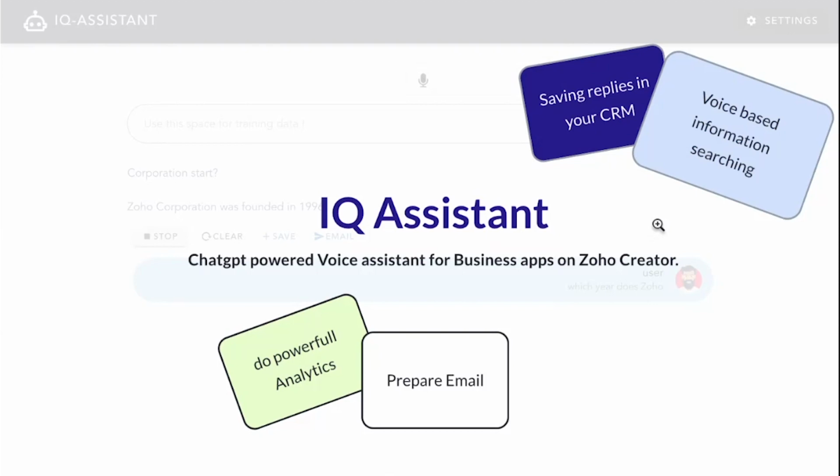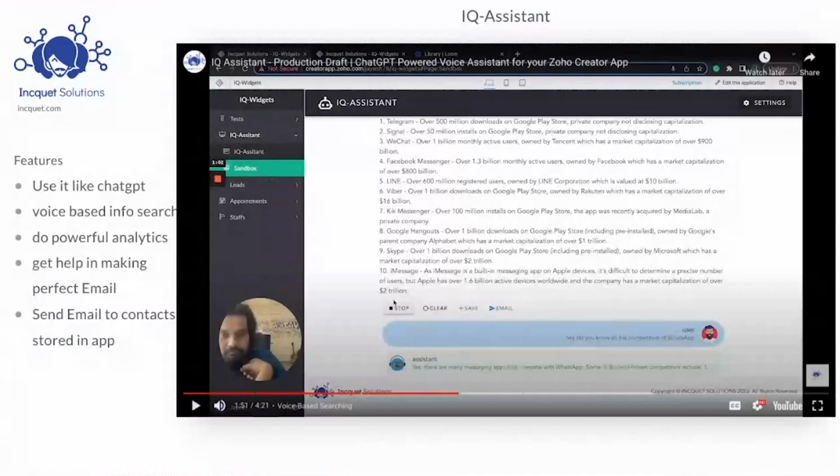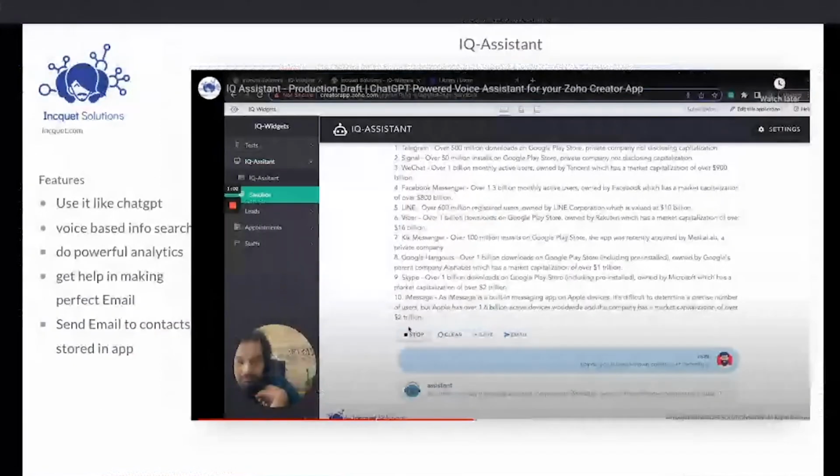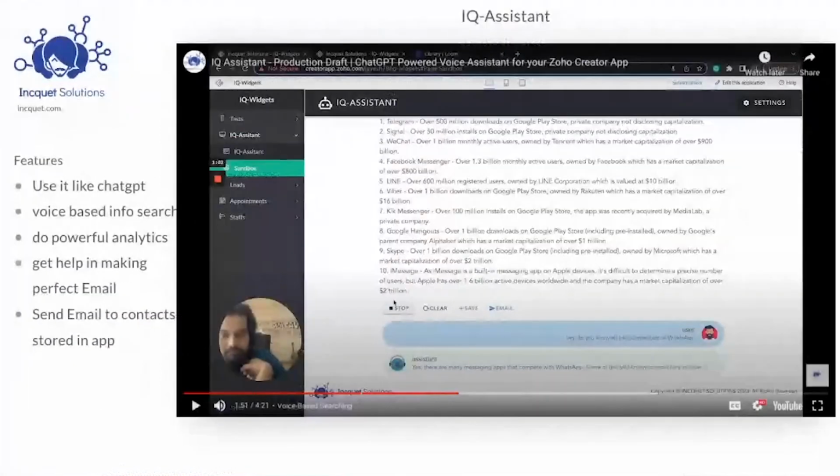Right. So that is the main feature of IQ Assistant, which we'll be showing here. Once you have seen that widget, or whatever widget you have seen till now, if you see potential in any of them that can be used in your client app or your app, which can solve a particular purpose,